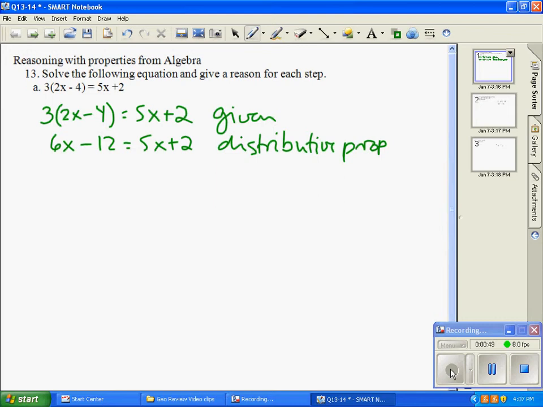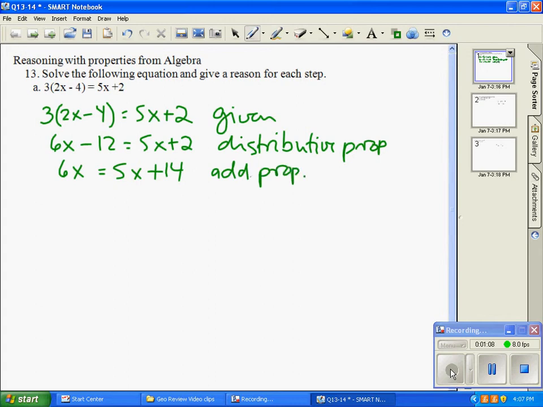The next step, I would add 12 to both sides, although you could do it in a different order as long as you follow it step by step. So let's add 12 to both sides. So I use the addition property